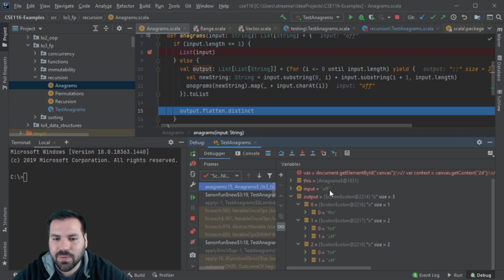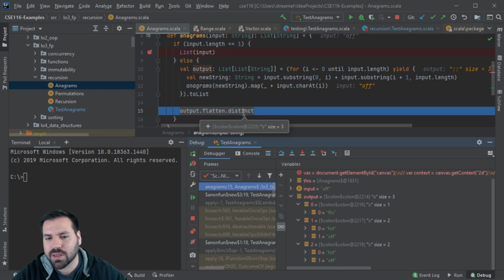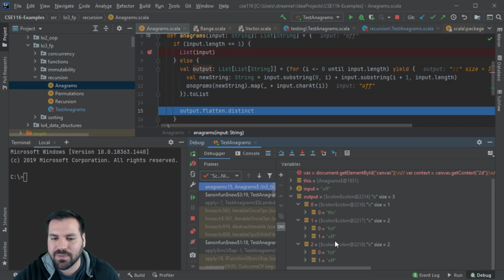Then the next recursive call, we remove the second F, really the same kind of logic. We have a recursive call for OF. It's going to return the list FO and OF, then append F to the end of each one of those. Then we're going to call flatten, which is going to collect all the elements of each of these lists. So this is a list of lists, and we're going to take all the elements of each list and combine them into a single list, and then call distinct, which is going to return a new list with all the duplicates removed. So FOF, OFF